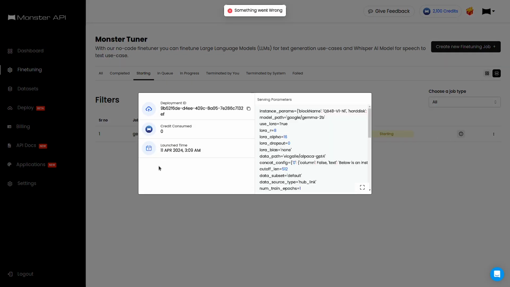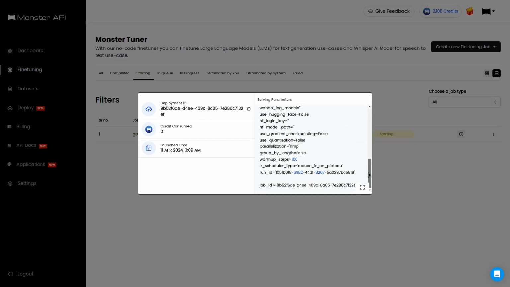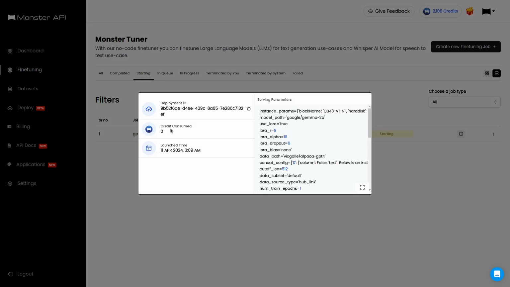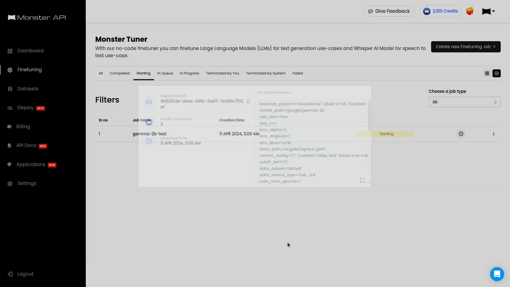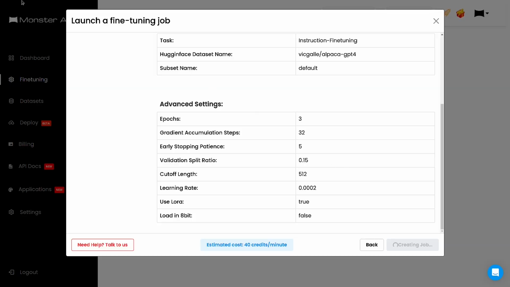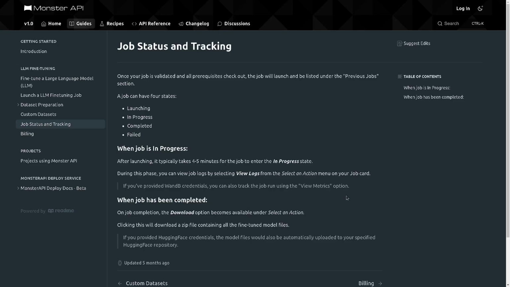It says 11th April 3:09 a.m., deployment ID, etc. and all the configurations are also given here. And you can clearly see credit consumed is 0, because it's still in the starting status. In the meantime, we'll quickly go through the documentation, because everything I just said till now about this is very